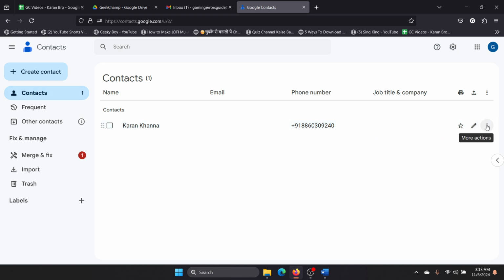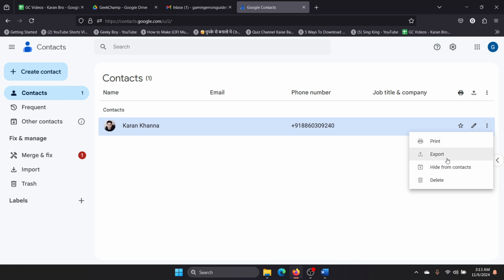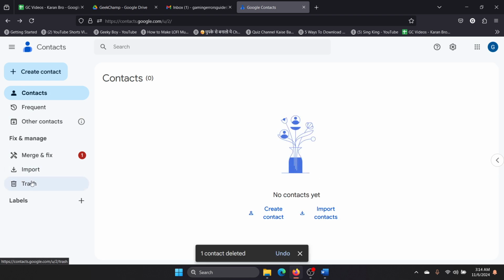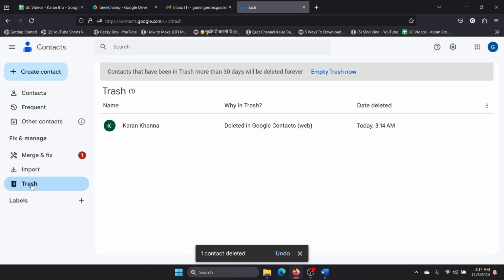All you need to do is click on the three dots associated with the contact and select delete. Okay, and click on move to trash. Okay, and if you want to permanently delete it, go to the trash folder and then click on this option